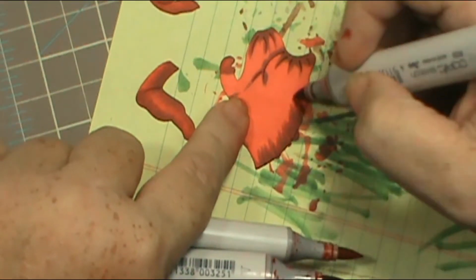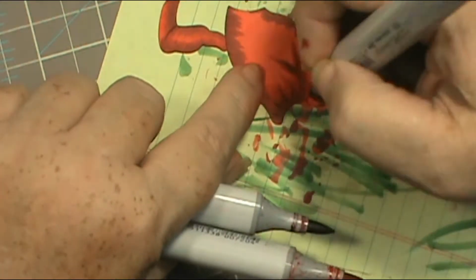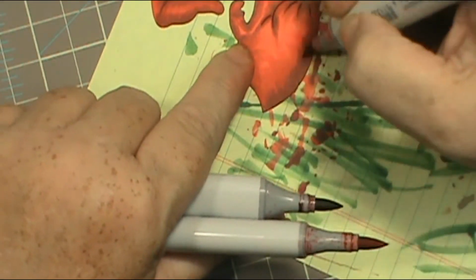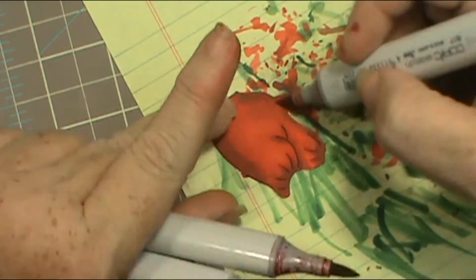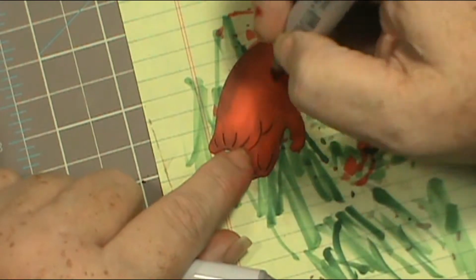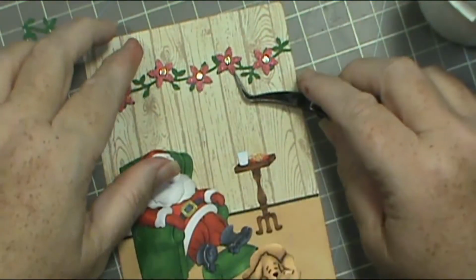And so I'm just finishing up Santa's suit and putting in all the shadows, then going in with my mid-tone. And right now he looks really funky, doesn't he? But once you put all the other pieces with him, that funky line in the middle of his pants there, he works. Trust me, he looks a little odd right now, but he works. And so I'm just going back over and darkening everything up and blending everything together just a little bit more. And now I'm just going to take my gold gel pen for the buckle, because I definitely wanted it to be